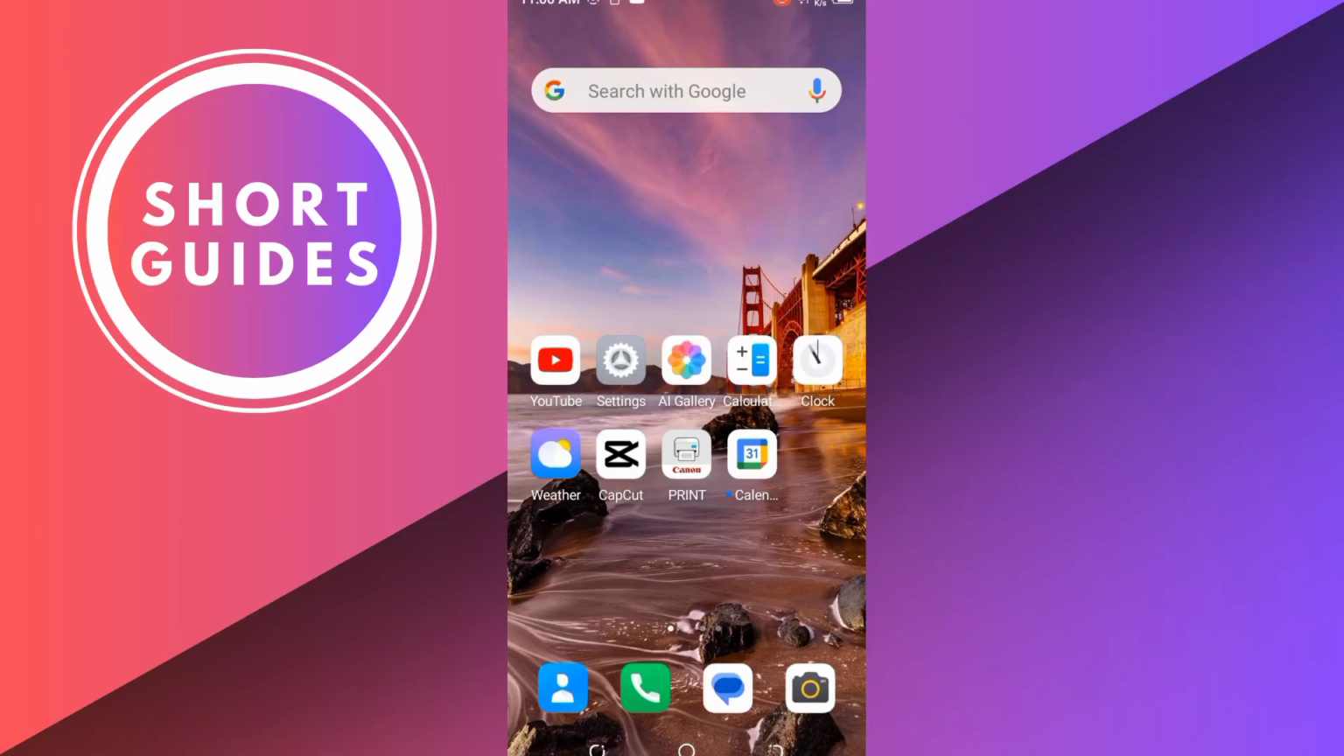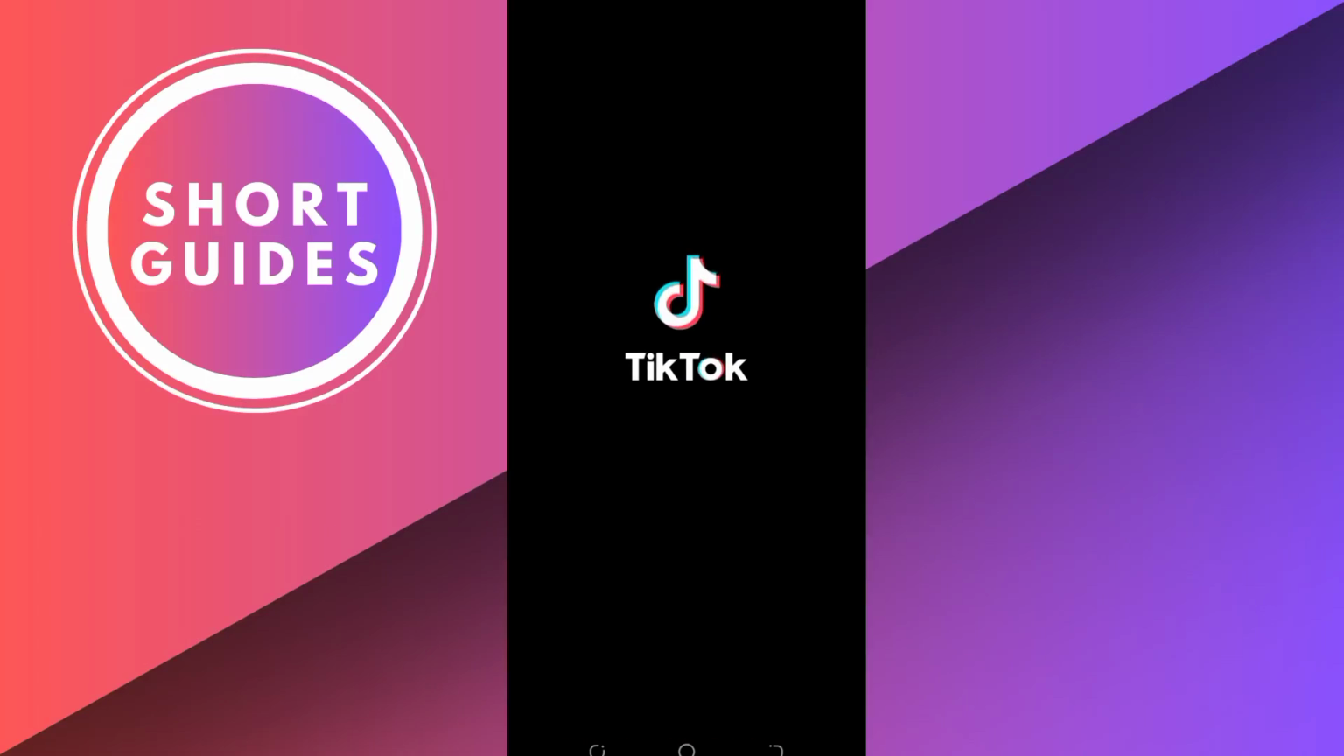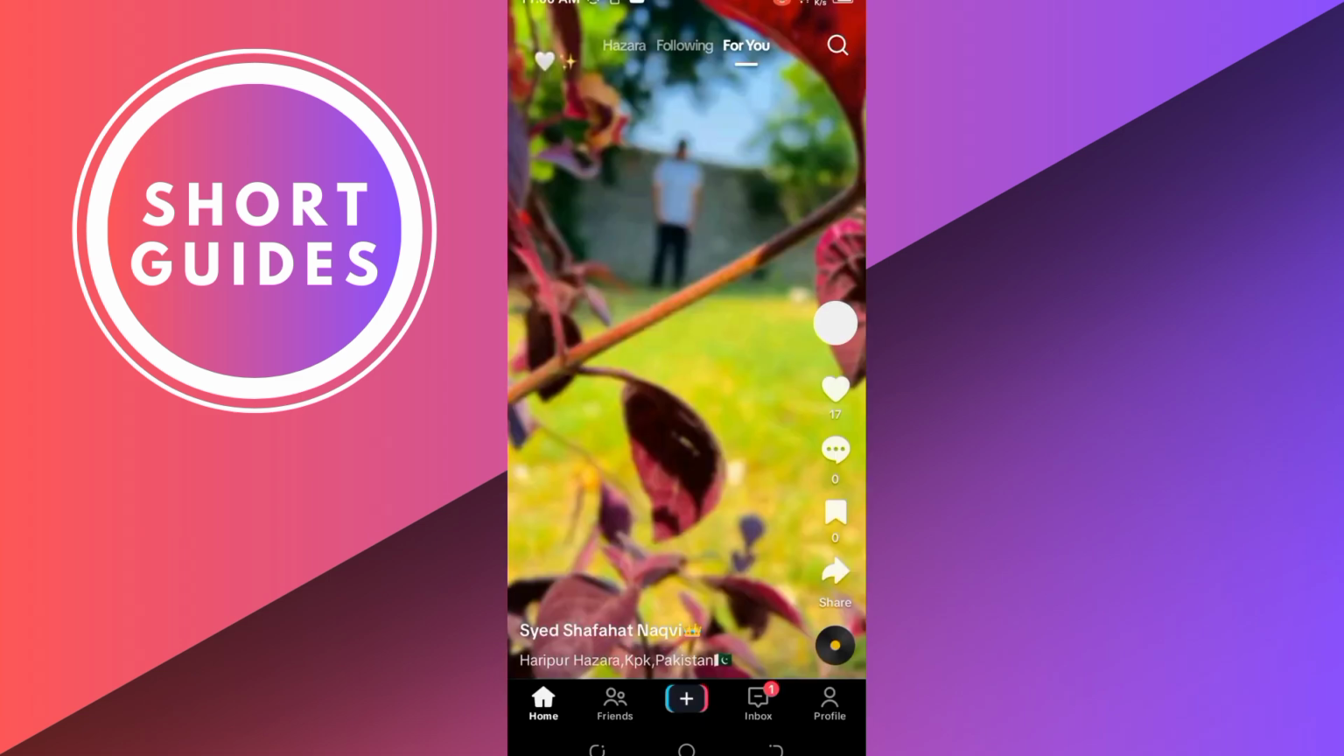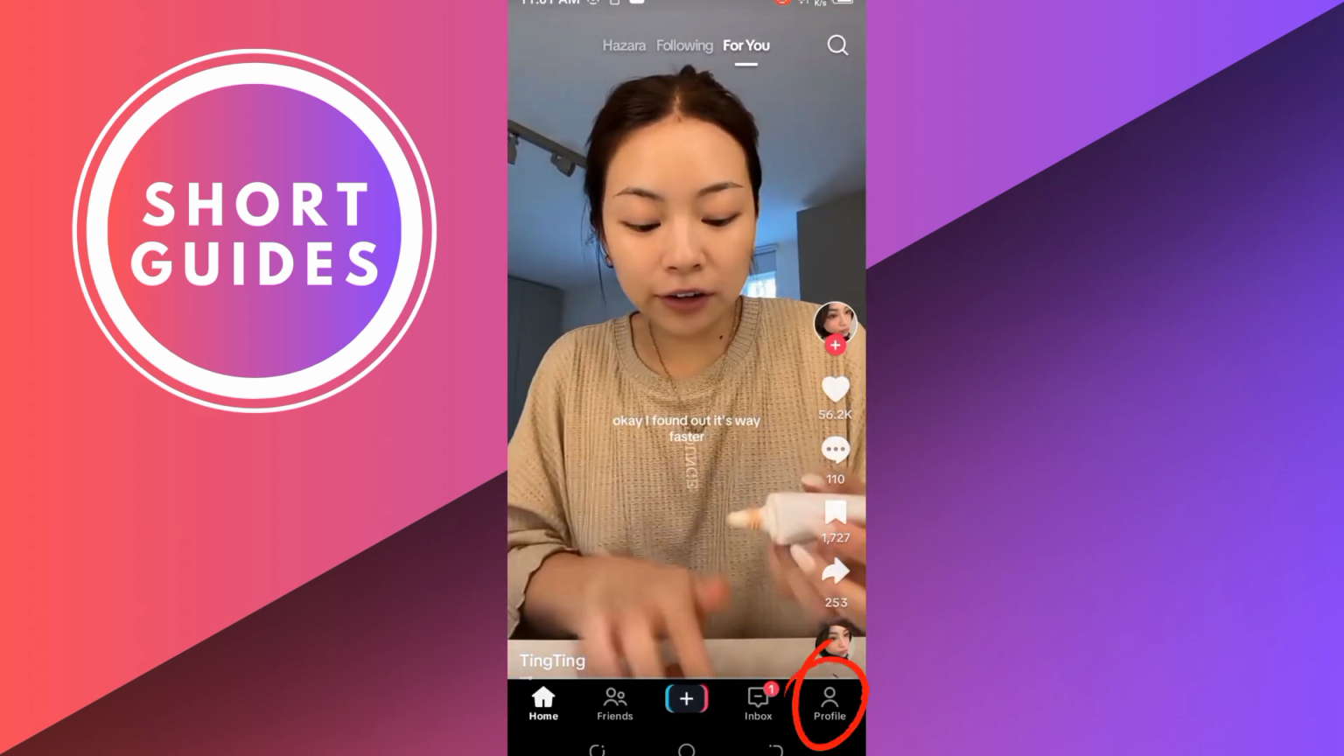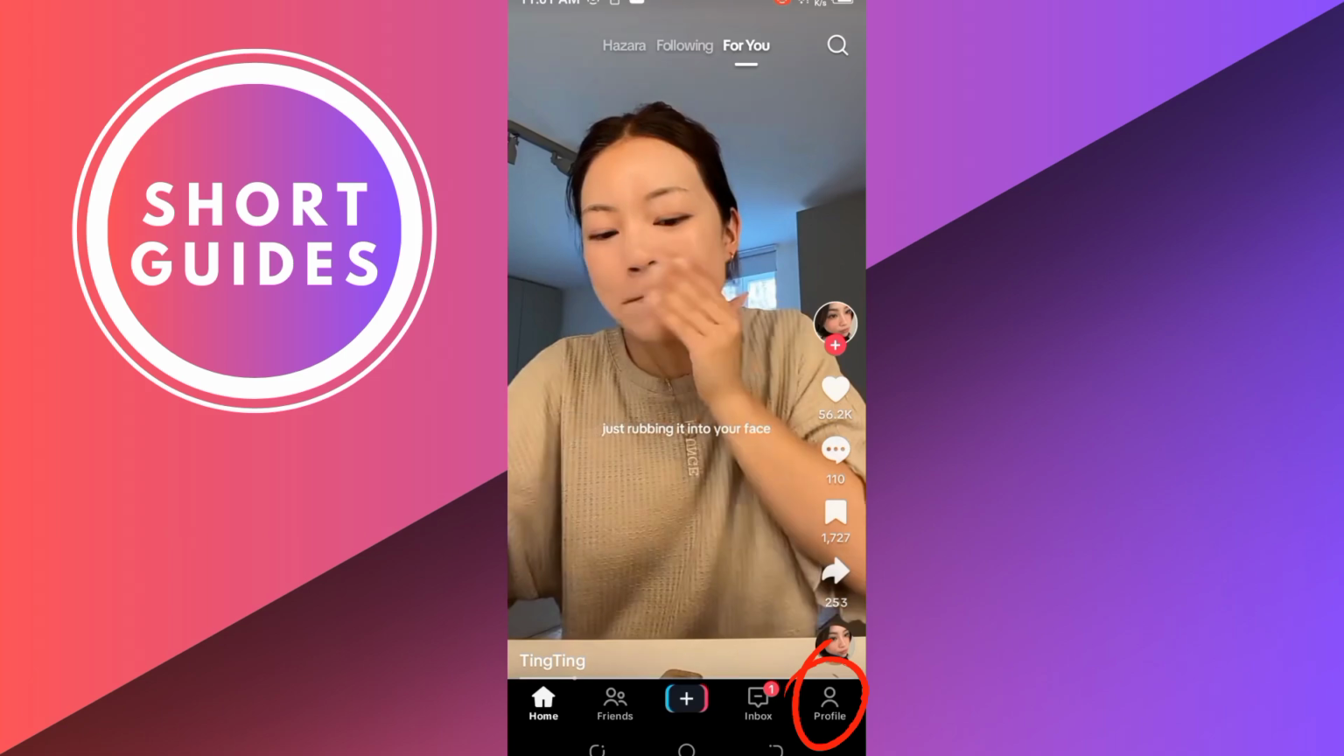In this video, I will show you how to verify email address on TikTok. First, open the TikTok app on your phone and log in if you have not already. Then go to your profile by tapping on the profile icon in the bottom right corner of the screen to